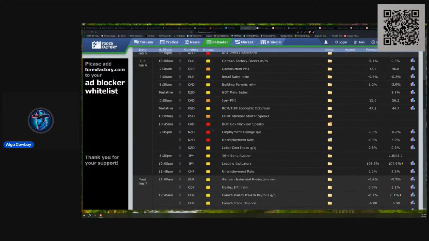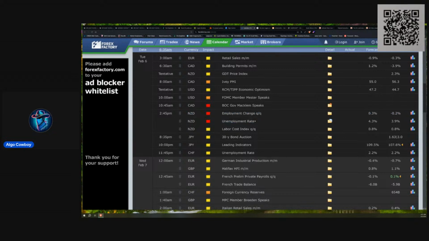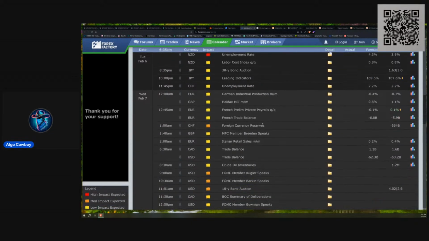We got Tuesday, Canada. It's going to be at about 12:45 p.m., so right in the middle of the trading day in the U.S., you have the Bank of Canada Governor Macklem has a conversation, and then you have some New Zealand news, and that's going to happen at about 4:45 p.m. EST. Their employment/unemployment data comes out.